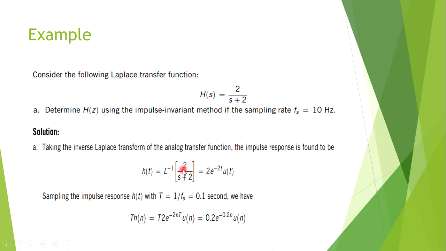In this case a is replaced by 2, so h of t will be 2 into e to the power minus 2 t u of t. Then sampling, just replacing the t with n T, and substituting the values of T,